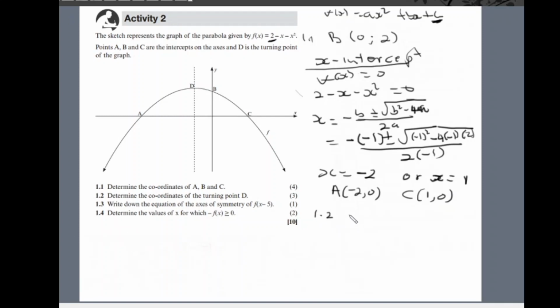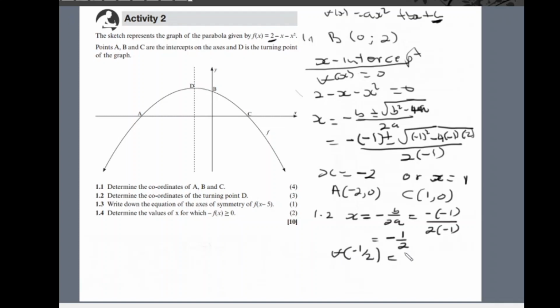We have to calculate the x coordinate by saying minus b over 2a. b is minus 1, so we substitute minus 1 where we see b, and a is also minus 1, so we substitute minus 1 where we see a. There we'll have minus 1 over 2, and then substituting minus 1 over 2 in our function, we get